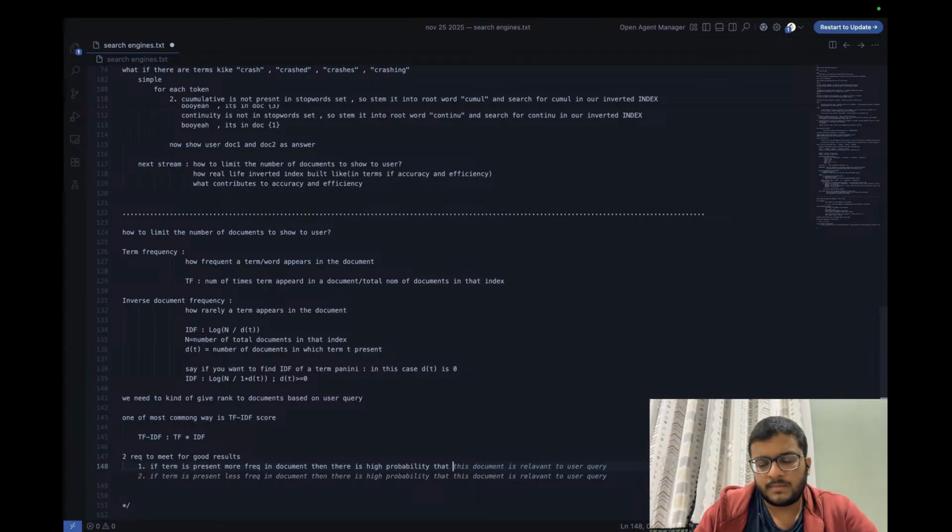The word probability plays a big role there, and this being a probabilistic, chance-based